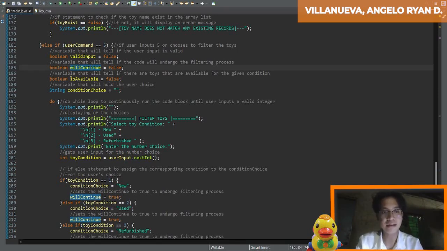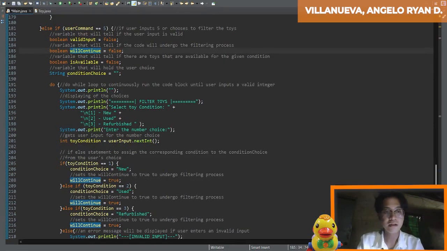And lastly, the available Boolean variable, which tells if there are toys available for the given condition. We also have here the condition choice, which is a string that will hold the value that the user chose on which condition he or she would like to filter.